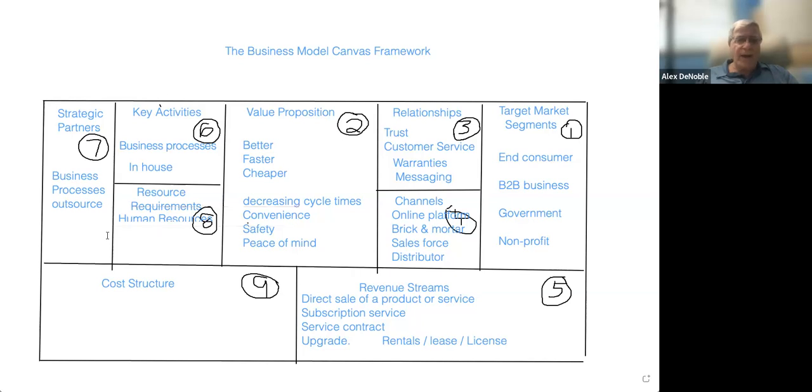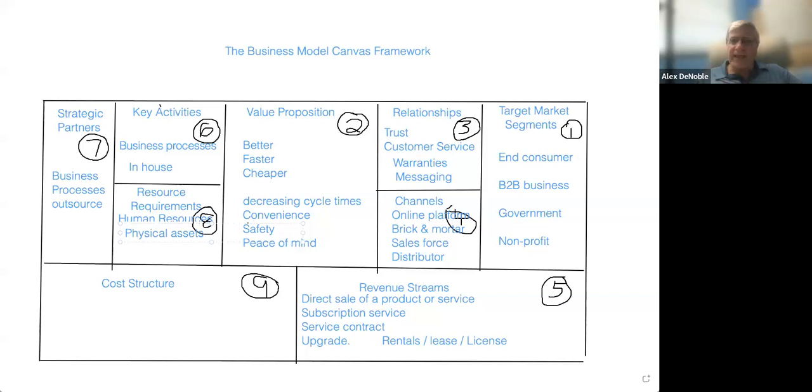Another resource that you'll have to consider are physical assets. What kind of physical assets will you need to do your business? Do you need specialized equipment? Do you need a vehicle for transportation? Do you need office equipment? Do you need a building? Do you need land? Do you need other kinds of specialized physical assets to actually conduct your business?